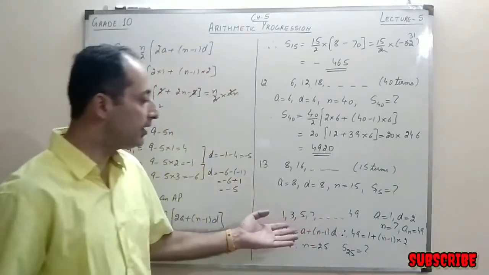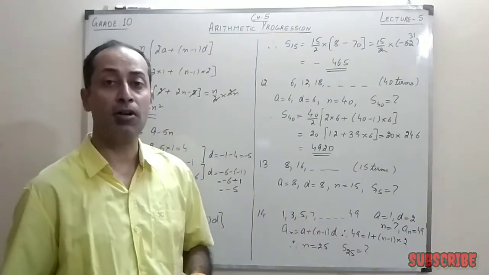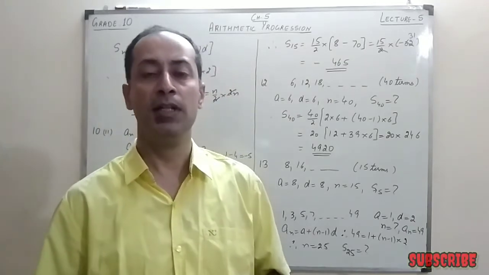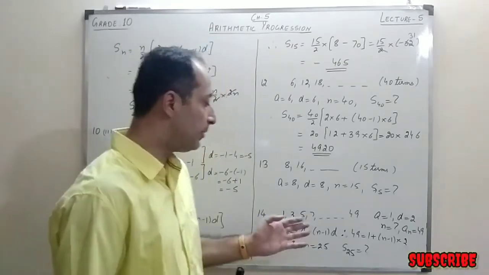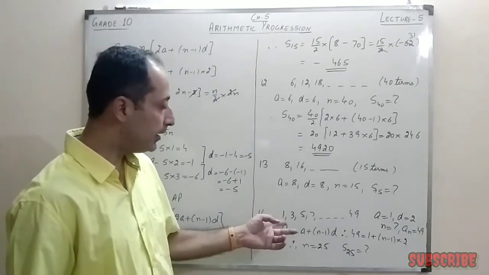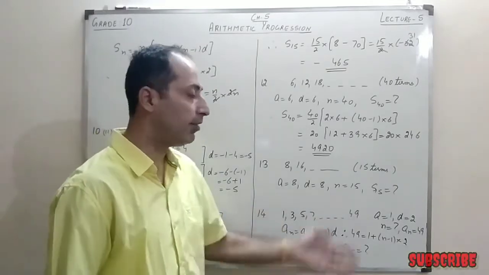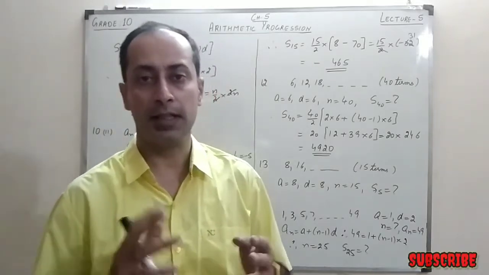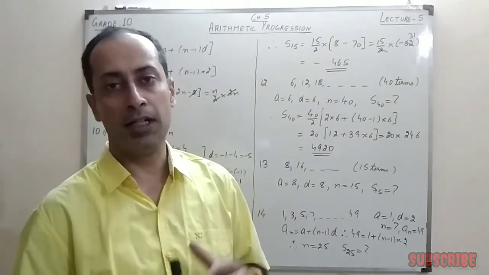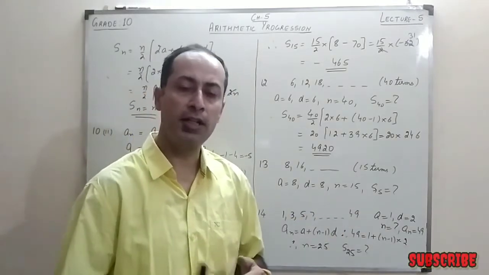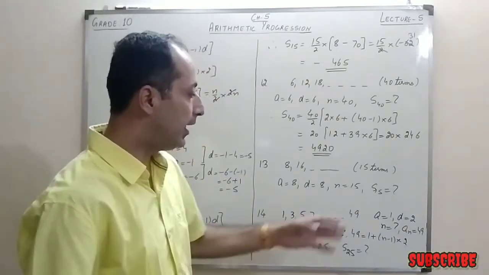So the AP in this case would be odd numbers, which are not divisible by 2. The numbers which are not divisible by 2 are the odd numbers. So between 0 and 50, the first number is 1, then it is 3, then 5, then 7, and obviously before 50, the last number would be 49. Now here, the first term is 1, the common difference is 2, they are coming in a gap of 2, and